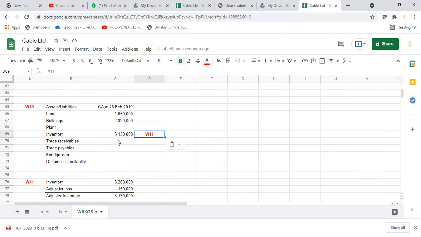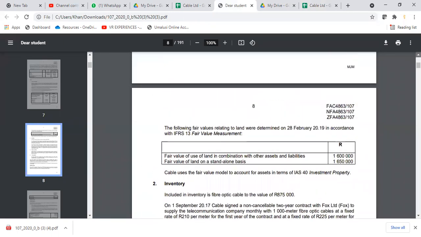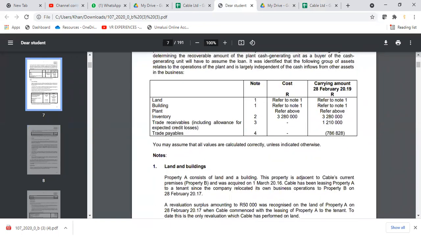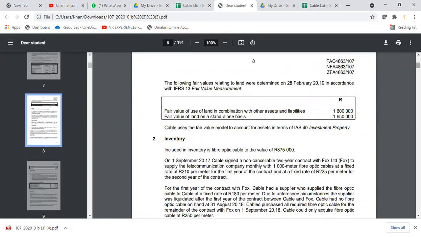Okay, the next one would be trade receivables. If you go to the scenario in trade receivables, under the cash generating unit table, they gave us trade receivables, including allowance for expected credit losses, of 1,210,000 Rand. But they also give us note number 3. So when we go look at note number 3,